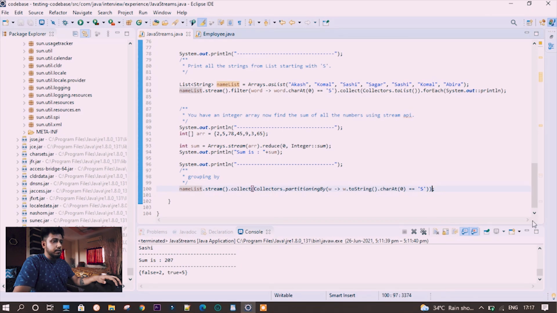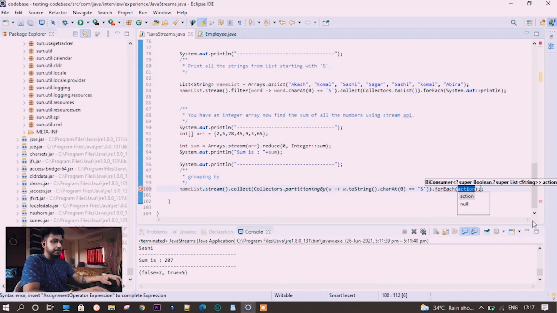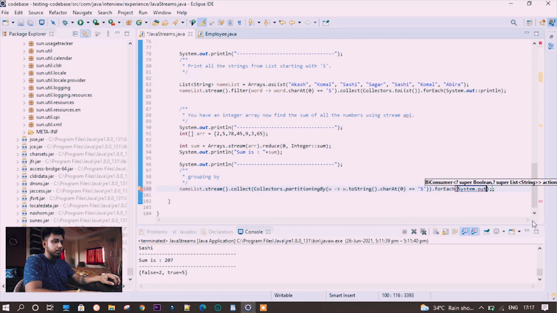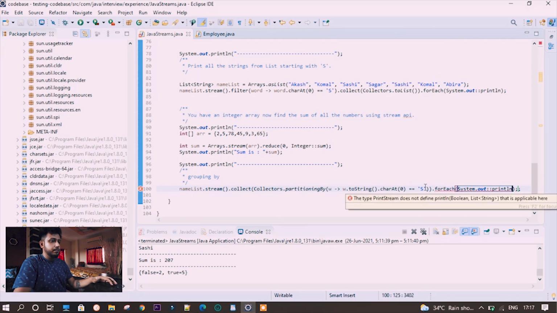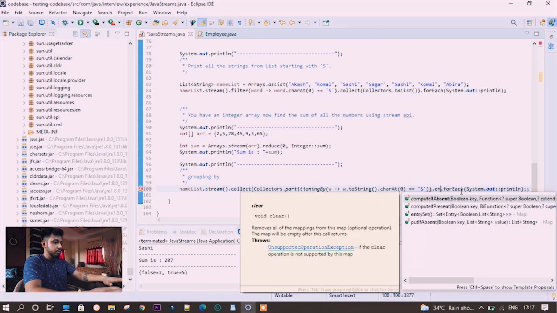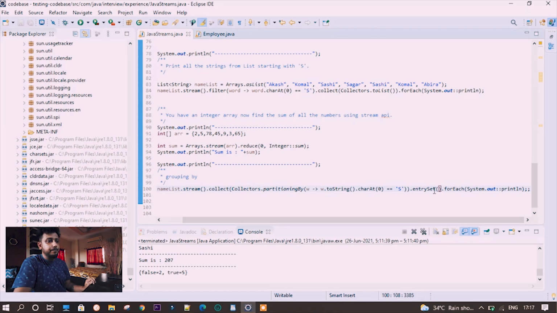Okay, let's iterate this with forEach, System dot out println. Sorry, we need to do entrySet, right? Because there is a map, that is why we need the entry set.